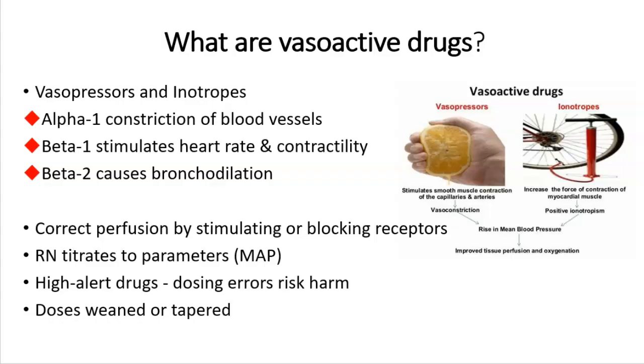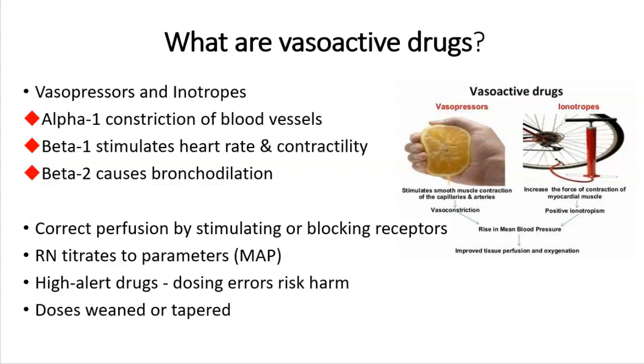Okay, so what are vasoactive drugs? Vasoactive drugs are vasodilators and vasoconstrictors. Things like morphine, nitroglycerin, calcium channel blockers, they all dilate. In a hypotension state, we tend to use vasoconstrictors. But in cardiogenic shock, when you need to give some support and relief to the workload of the heart, we use the dilators. So these meds are given in critical care areas where the RN does have a role in